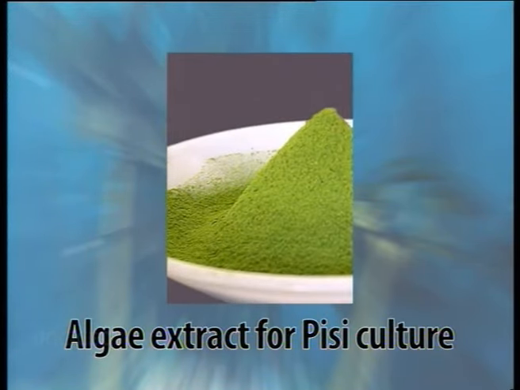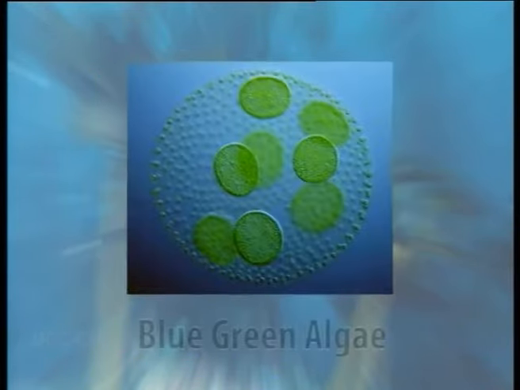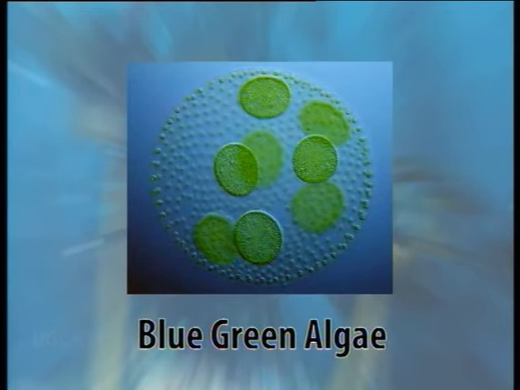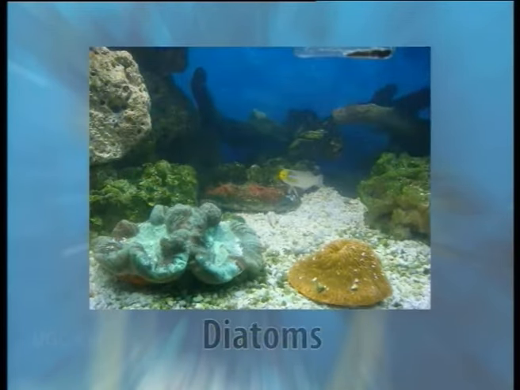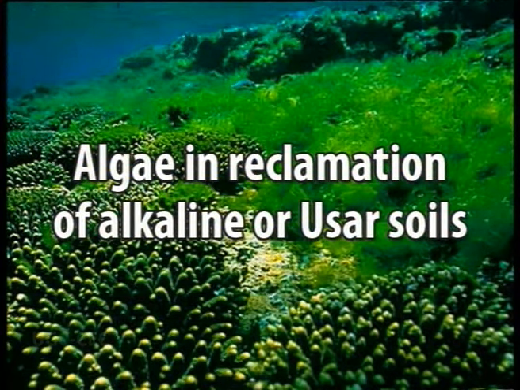and these fish in turn are in need of food, and it has been seen that if we feed them certain select algae, especially green algae, diatoms, some blue-green algae, and some algal materials harvested from freshwater bodies, the fish growth and fish multiplication is much better as compared to those habitats in which the quantity of the food or the nutrients is lower. Next is the use of algae in reclamation of alkaline or usar soils, that is those